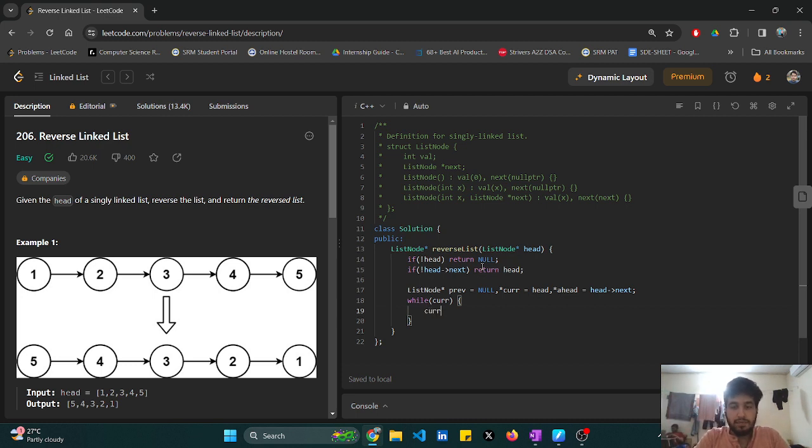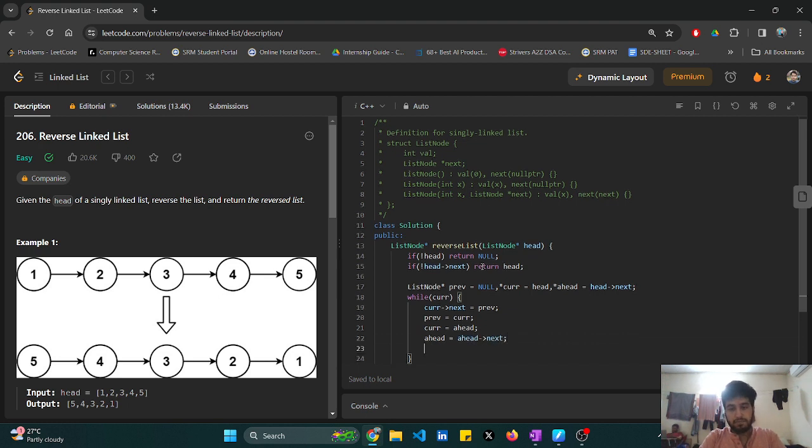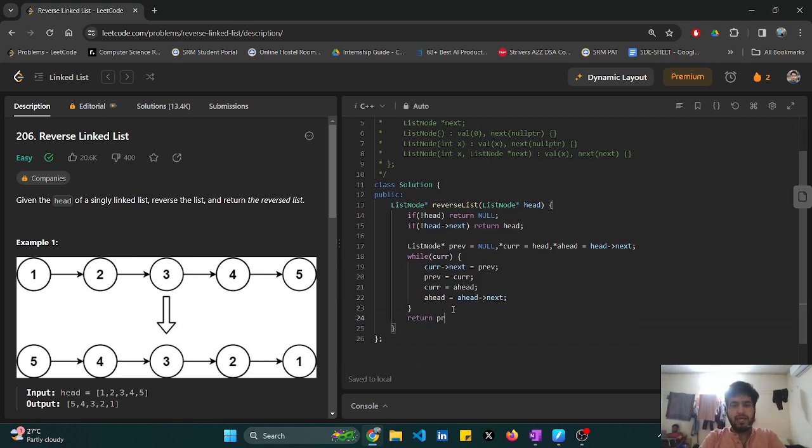Okay, so I'll make the current's next pointer point at the previous pointer, and I'll increment my previous pointer. I'll increment my current pointer to point at the next position, because both the pointers have to increment their position. My previous pointer has to come towards the current pointer, and my current pointer has to go to the next pointer. Okay, and this ahead pointer will obviously be 1 point ahead. So if I return the previous pointer and try to run it,